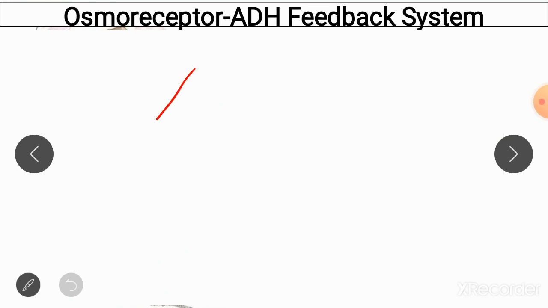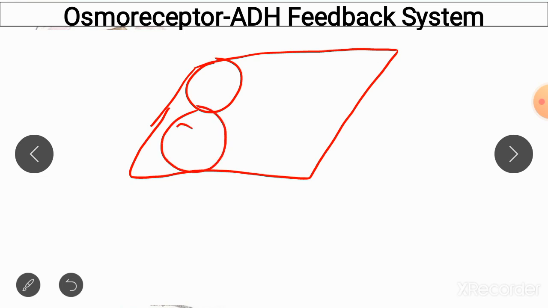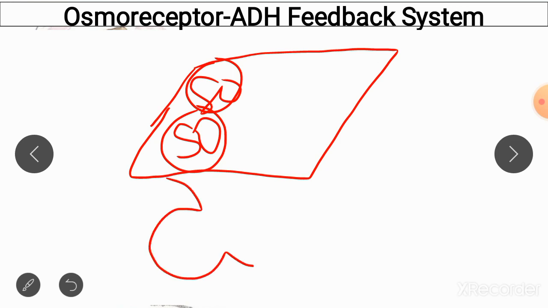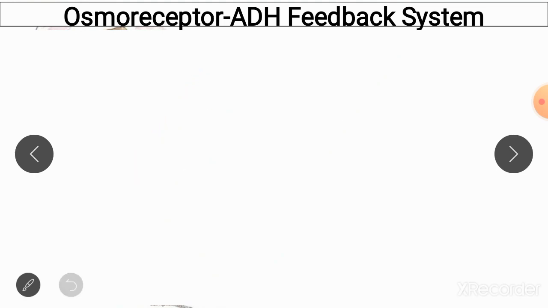system. So as I already mentioned, your ADH is formed by a special nucleus which is present in the hypothalamus, and this nucleus is known as supraoptic nucleus. Your supraoptic nucleus is involved in the formation of ADH. This ADH is then stored in the posterior pituitary, from where it is secreted into the blood. So let us now discuss how the ADH is secreted and what are the factors which control the secretion of